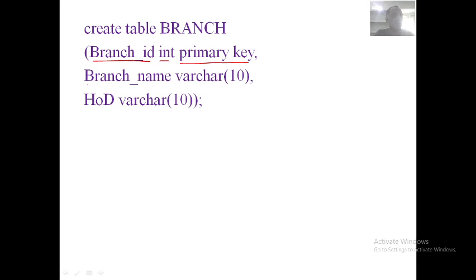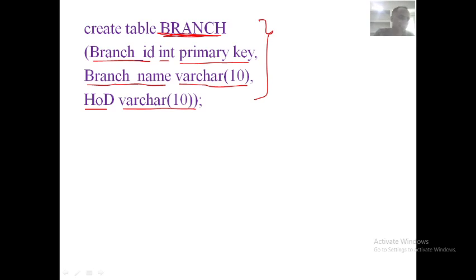Then another attribute is branch name. It is of type varchar, the size is 10 characters. And one more field is HOD. It is also of type varchar. This is how you can create the branch table.